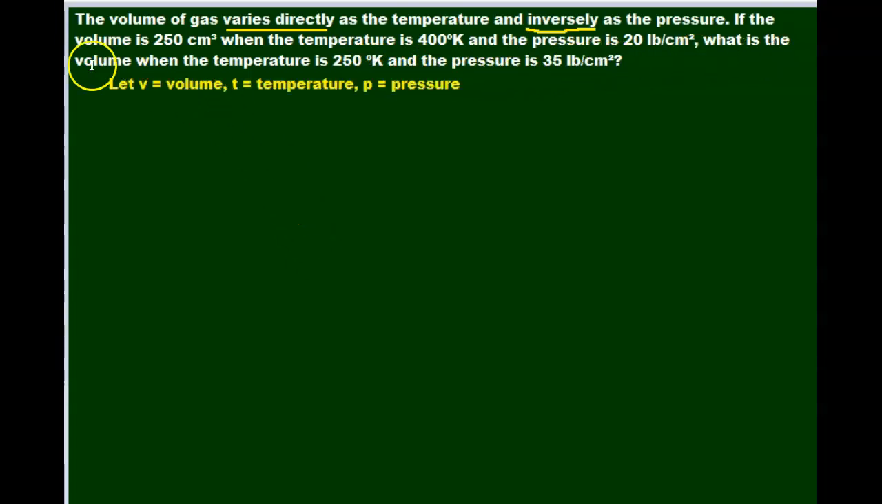So let's define all our variables. We're going to let V equal volume, T equal temperature, and P equal pressure. Then we're going to turn our word problem into an equation. So we have volume V equals, it varies directly, so it's K of T over P, because it's inversely proportional